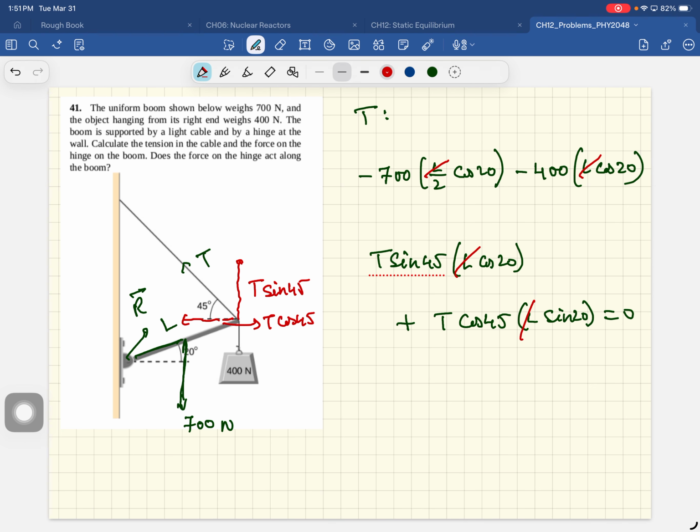Ry plus T sine 45 minus 700 minus 400 equals 0. And T was